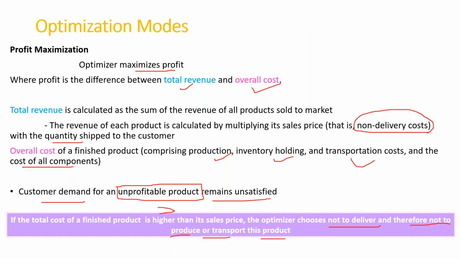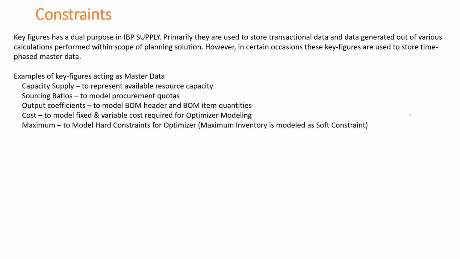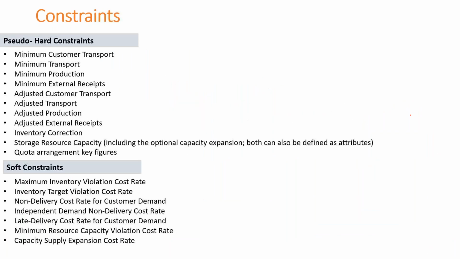Now it will not read what cost you are maintaining in the key figure called the non-delivery cost rates. But in the backend, it gives a very high key figure, like 9999 something. So it gives that very high value to non-delivery. That means I'm incurring this much, a big $99,999. So the optimizer thinks, okay, then I have to come up with a supply plan for this product, and I have to maximize my delivery because I'm incurring so much cost if I don't do a delivery for it. So that's how the optimizer works, in a nutshell.